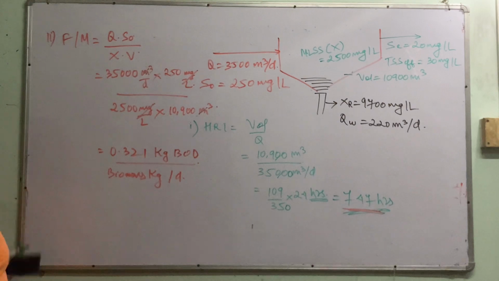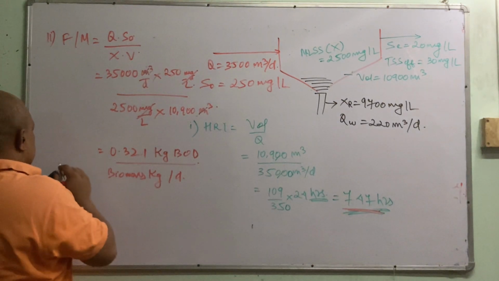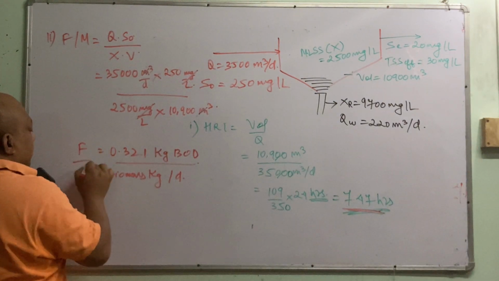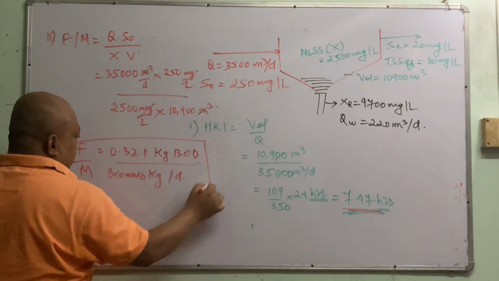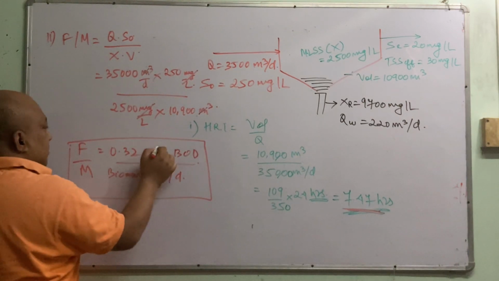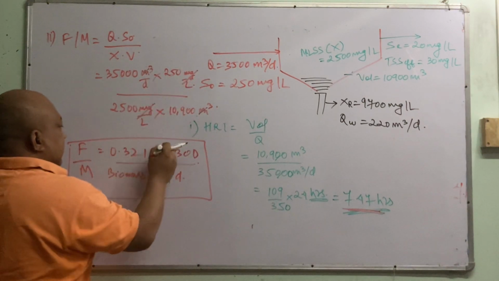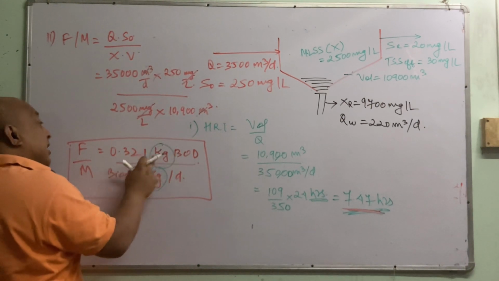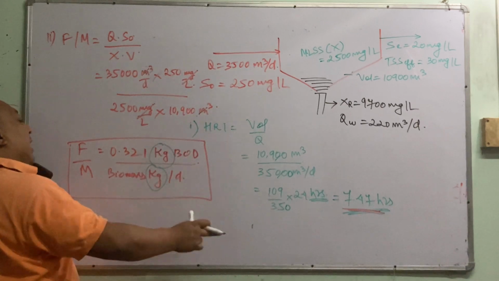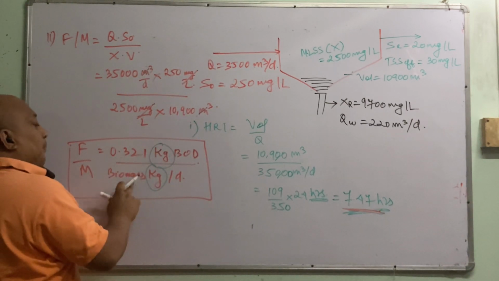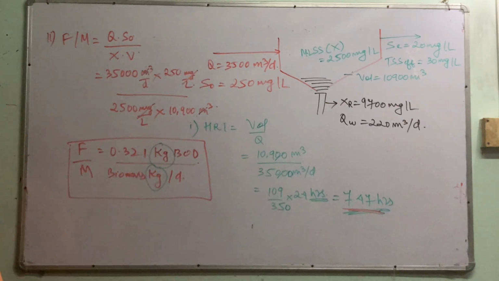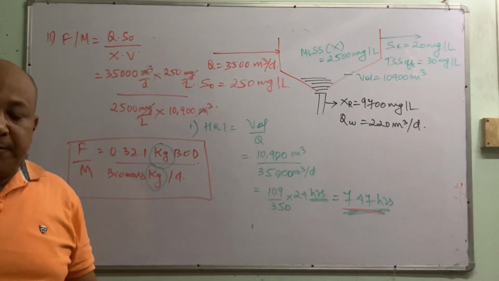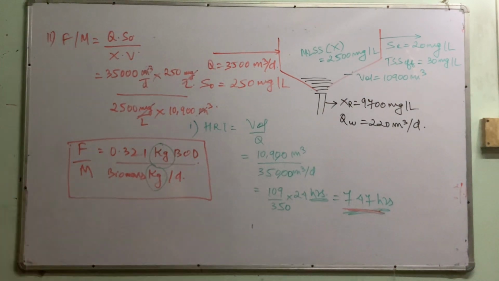Is it okay? So the answer is, the food to mass ratio, the unit should be the same over here since everything is cancelled. So it is 0.321 kg of BOD eaten by 1 kg of biomass per unit day. This is the food to mass ratio. Is that okay? The next one is